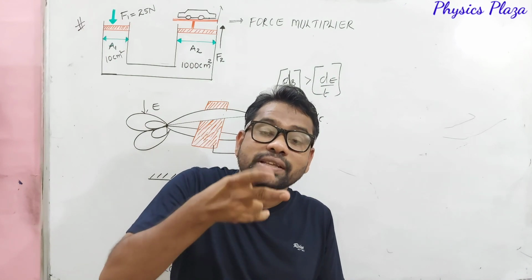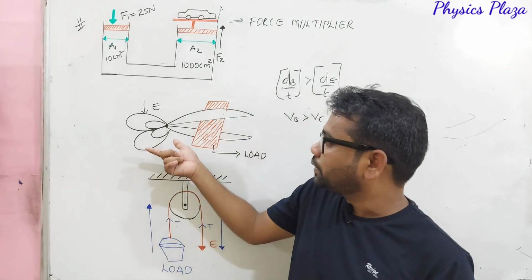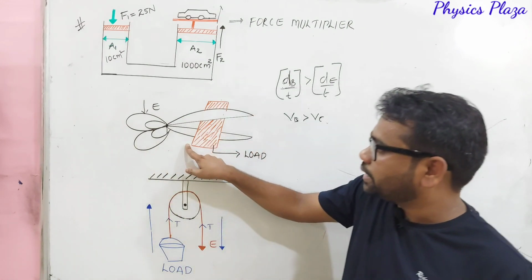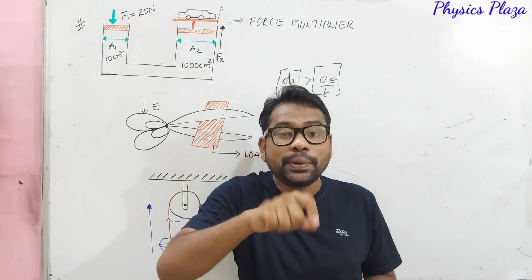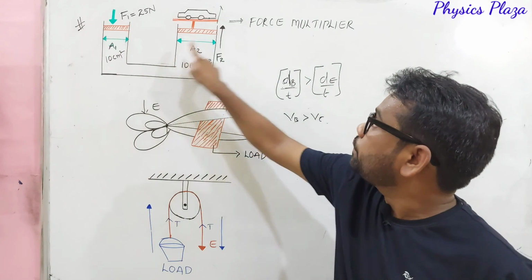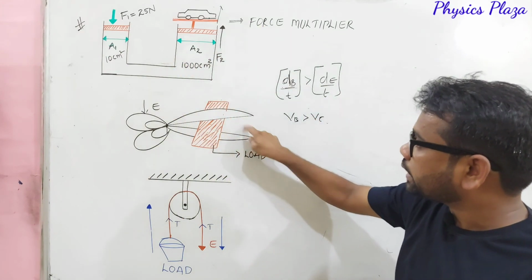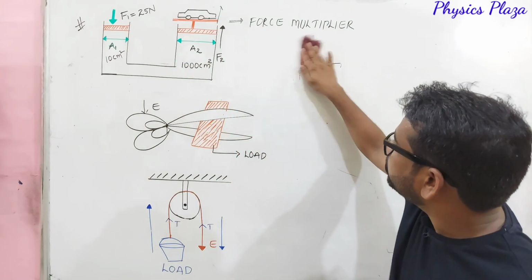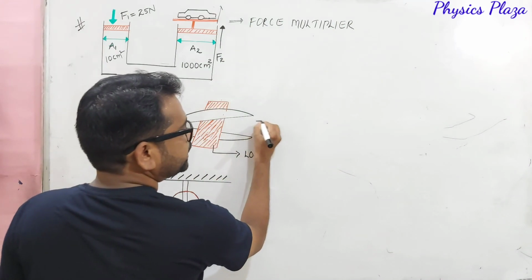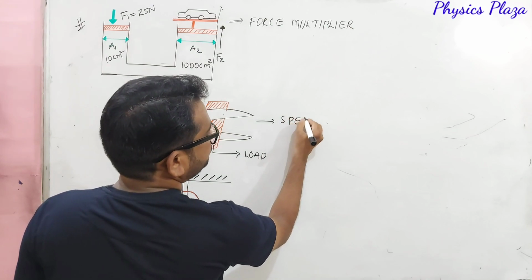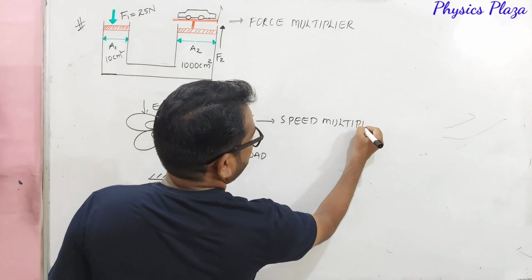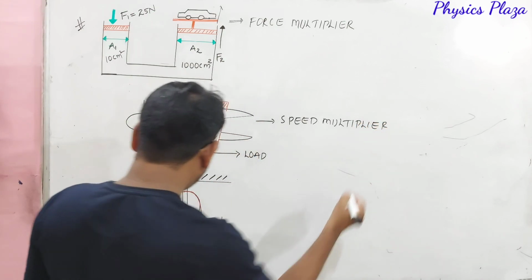So the speed of the blades is very, very high when we compare with the effort speed here, the handle speed. So in this case the scissors are acting like a speed multiplier. We are gaining the speed. Children, in the first case we are gaining the force, whereas in the second case we are gaining the speed. So this particular machine acts like a speed multiplier.